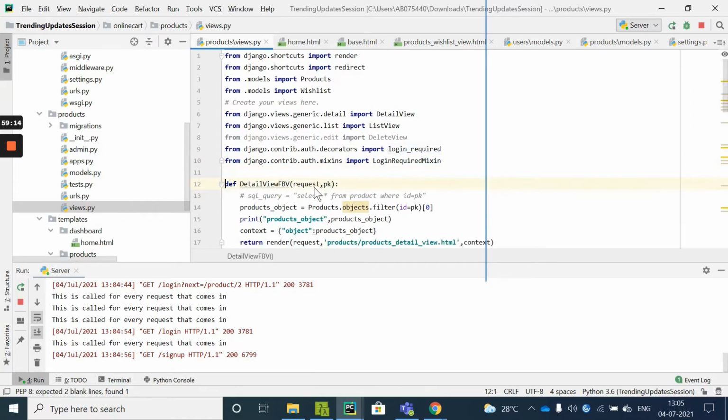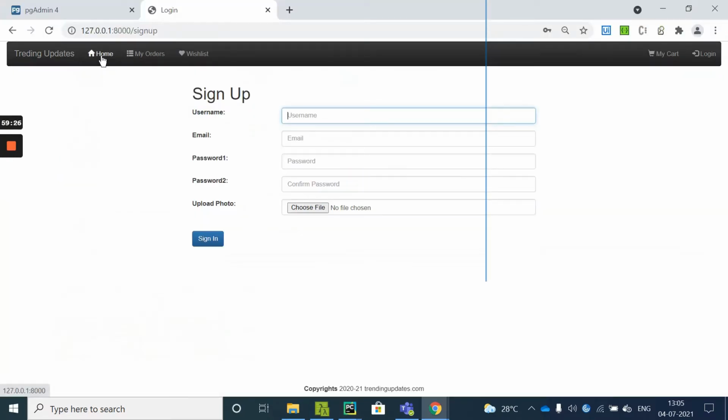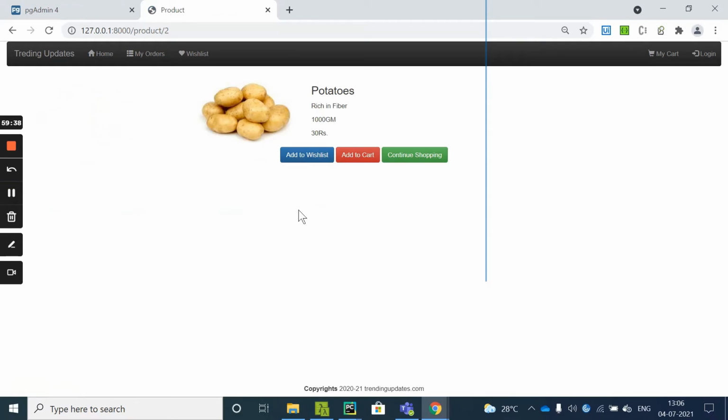I will just remove this login required, as well as remove it from the product detail class based view. Without the user being logged into the system, you are now able to see the detail view of the product, which is incorrect, because unless and until you are logged into the system, you should not be able to see this page.